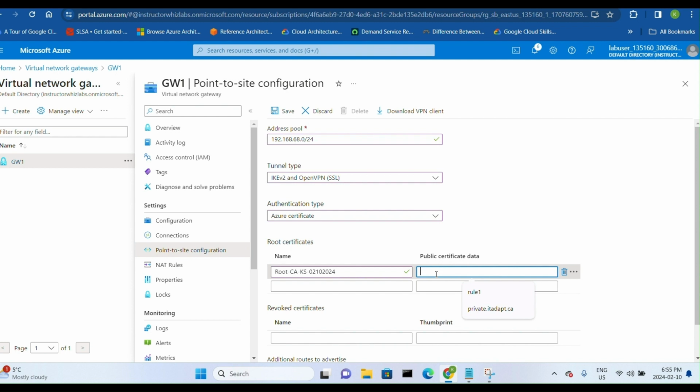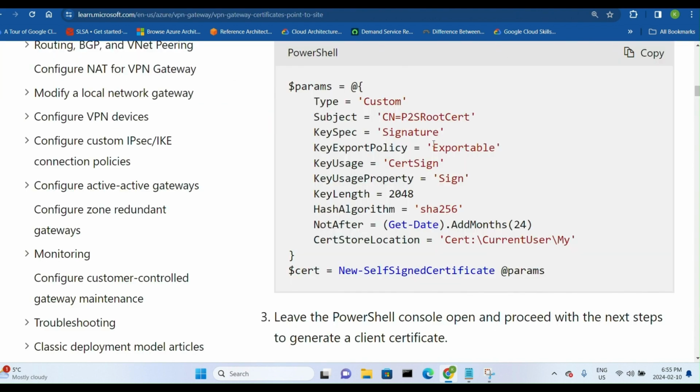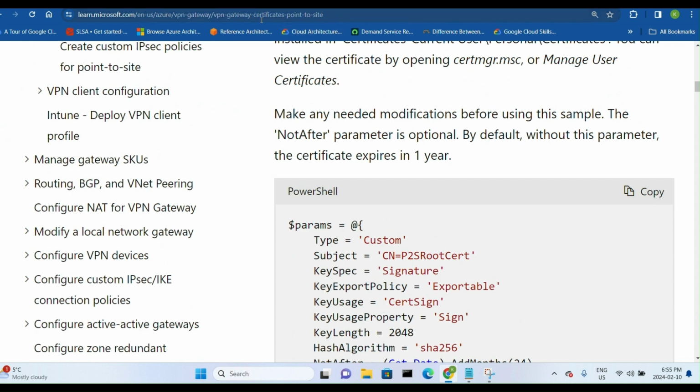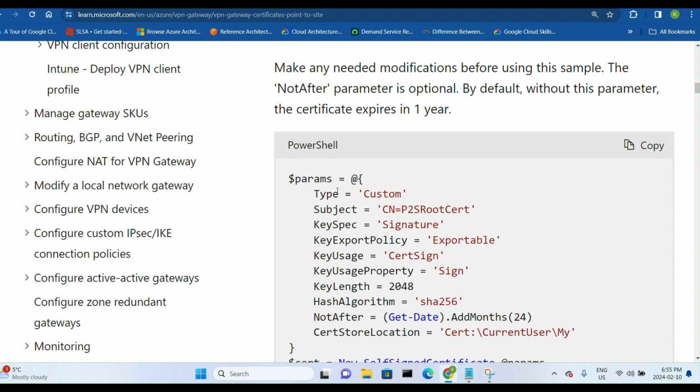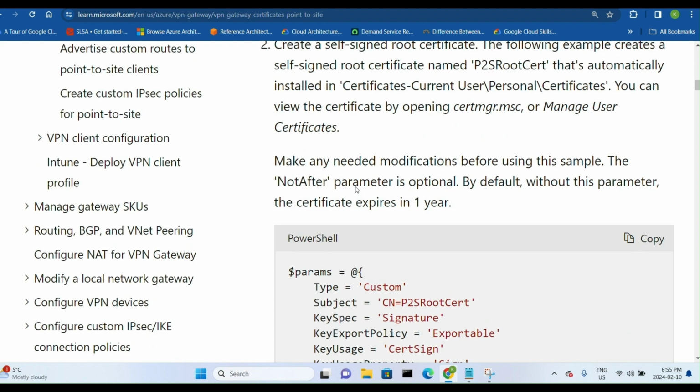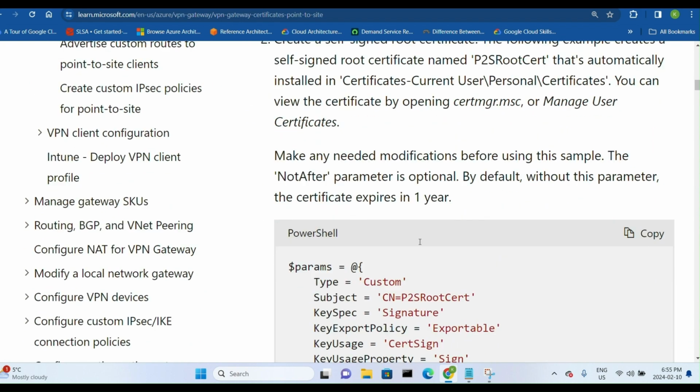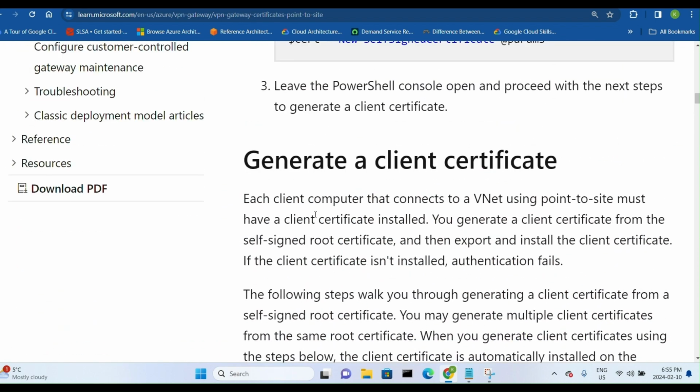Now the important point is that if you want to use the self-signed certificate with your virtual network gateway, Microsoft has provided complete steps. I will put the link of this website. This is the Microsoft website to execute the steps which are required to create the root certificate as well as the client certificate. As you can see on this link, there is a PowerShell script given which can be used for creating a self-signed root certificate, and then you can follow the steps on this website to generate a